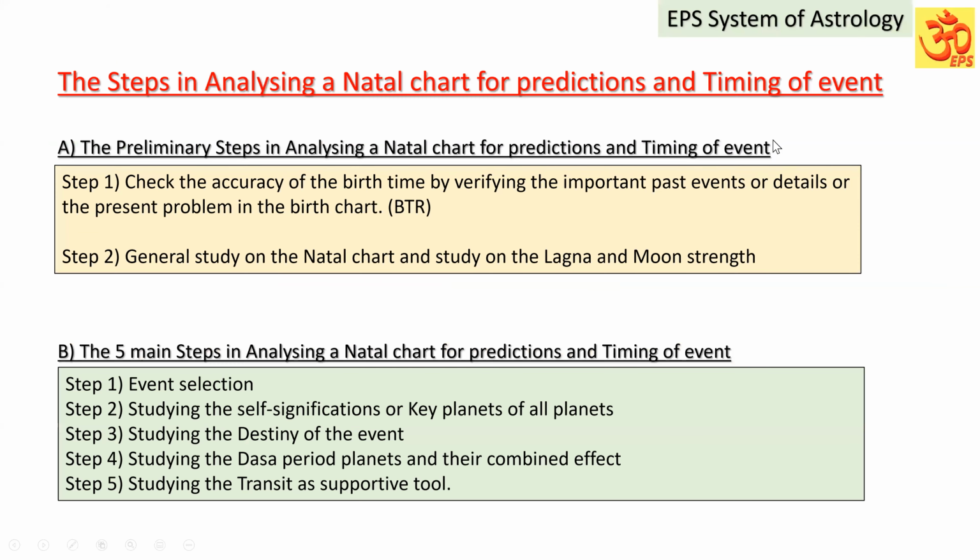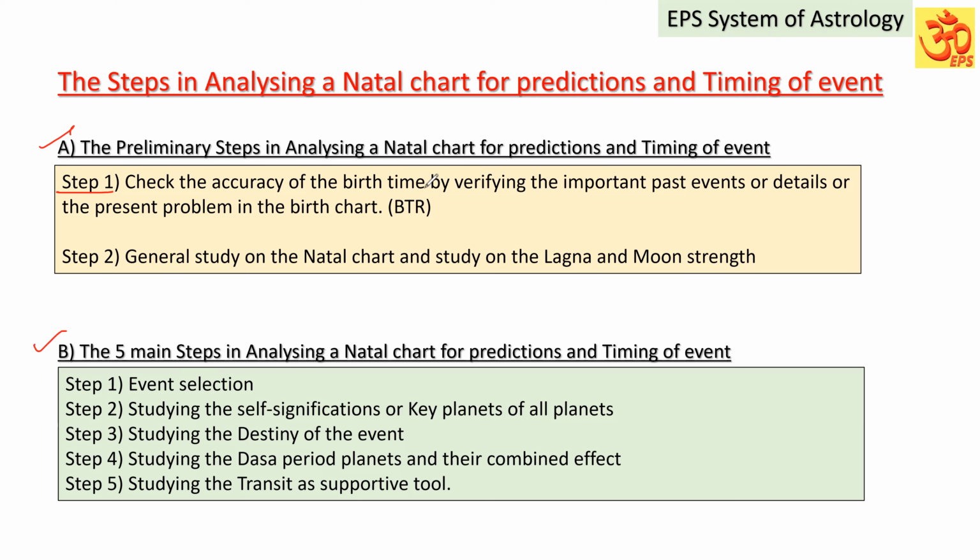The steps in analyzing a natal chart for predictions and timing of event. We can categorize these steps into two major categories. One is preliminary steps and another one is main steps. The preliminary steps in analyzing a natal chart, what are they? Step number 1,